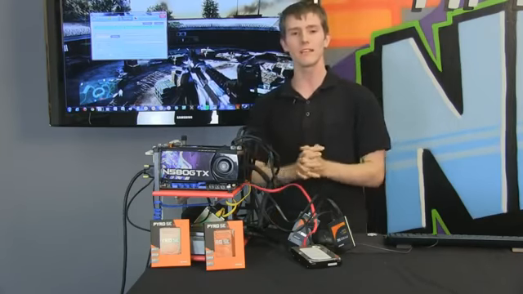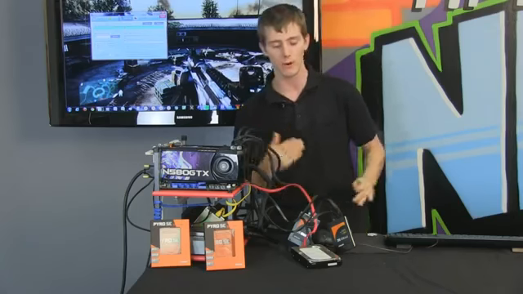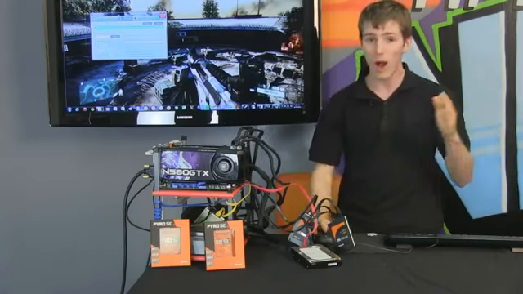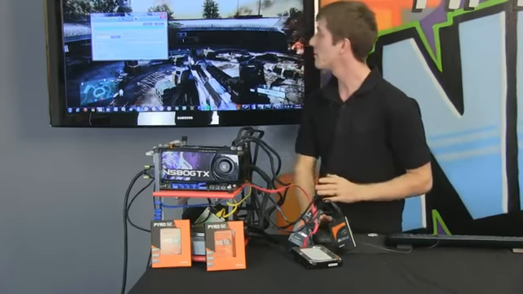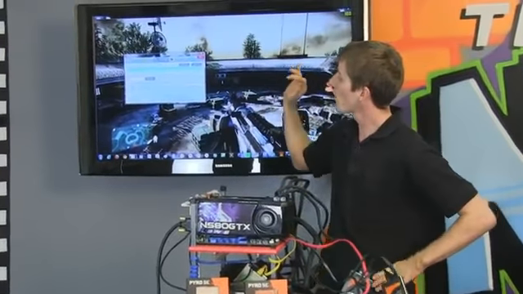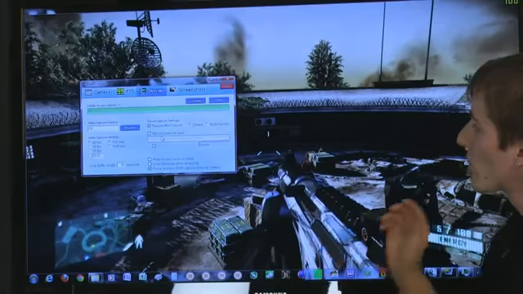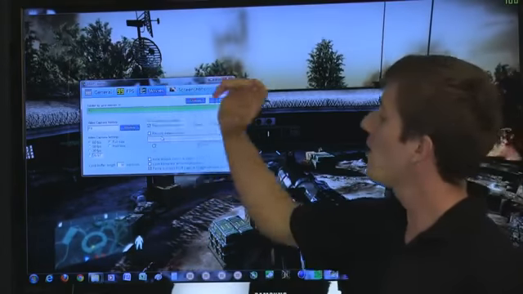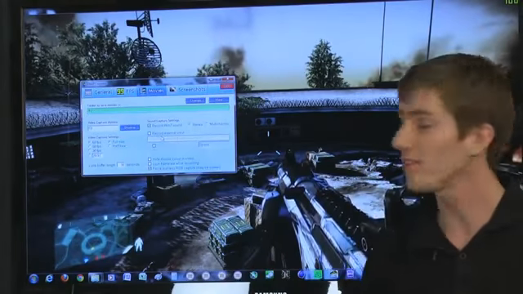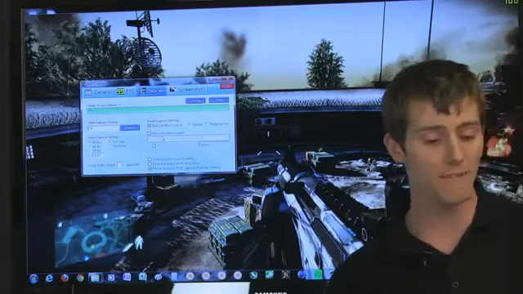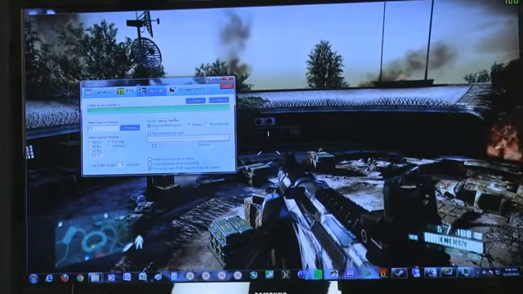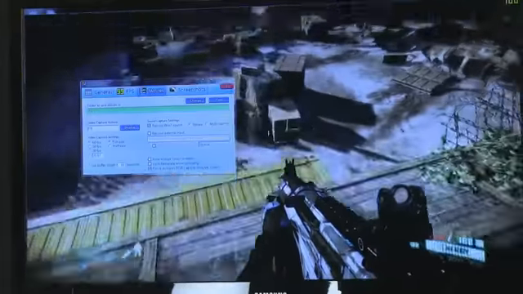So that should give you some idea of the kind of CPU and GPU horsepower that we're throwing at this problem. So obviously this is not an everyman configuration. We're going to record at 60 FPS with lossless RGB capture. We're going to be recording the sound, and right now the folder I have set to save the movies in is folder F. Now F is my 2 terabyte drive,